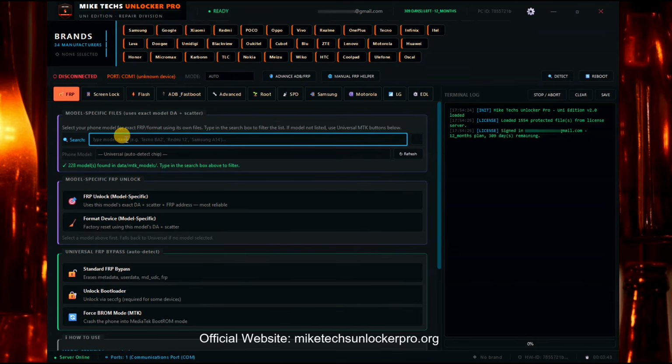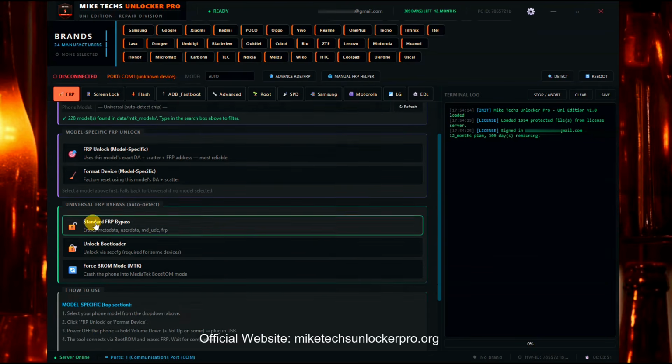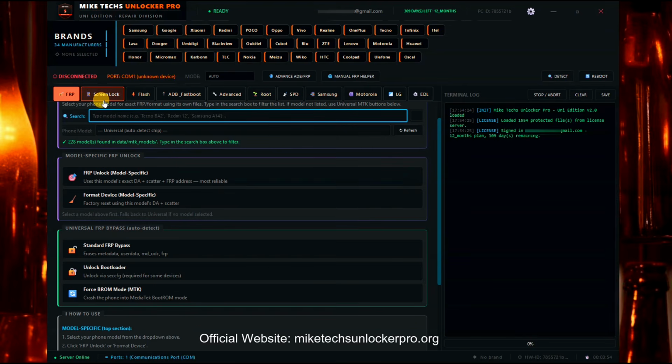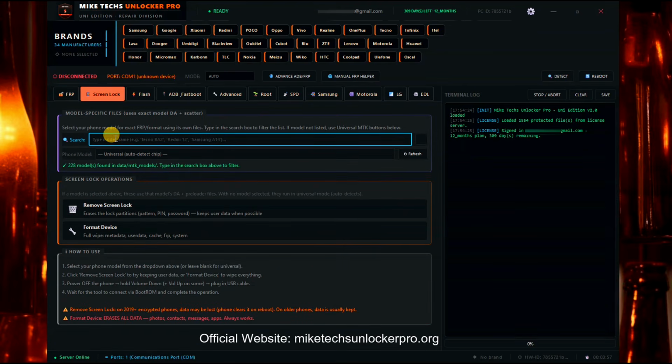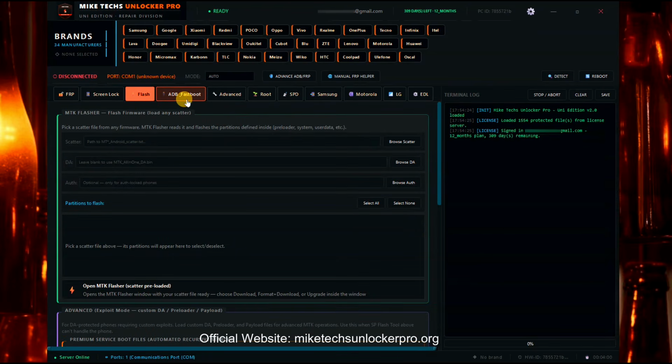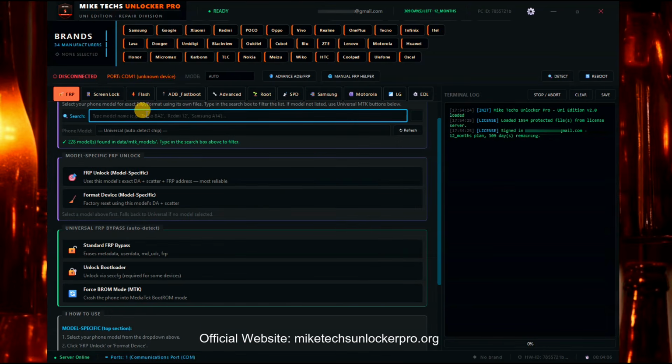But I've tested a lot of things, like being able to format a lot of phones here, unlock screen lock, do the flashing, ADB Fastboot mode working perfectly, and all that. So for example, if I come to the FRP tab, in which I have a Techno F1 with FRP lock right now, and I come here